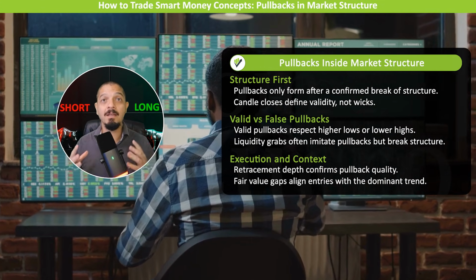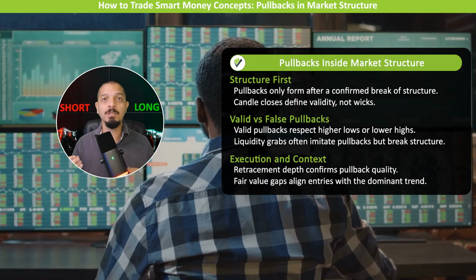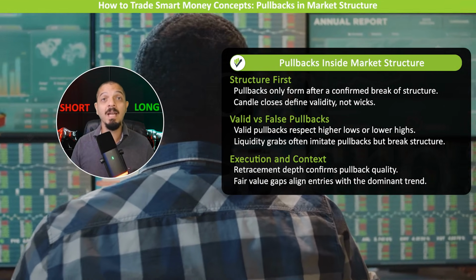With that in mind, let us start by looking at how price behaves in a clean trend and how structure